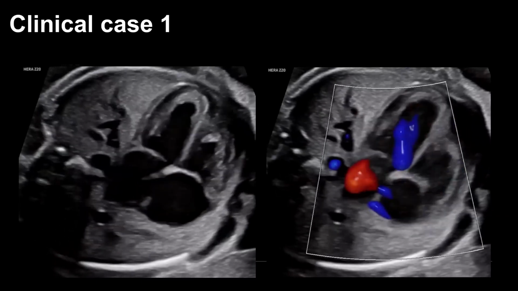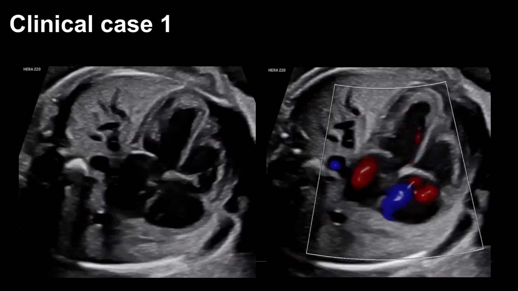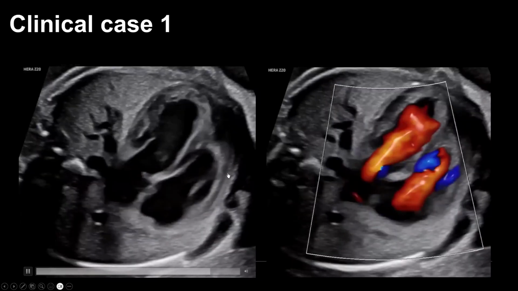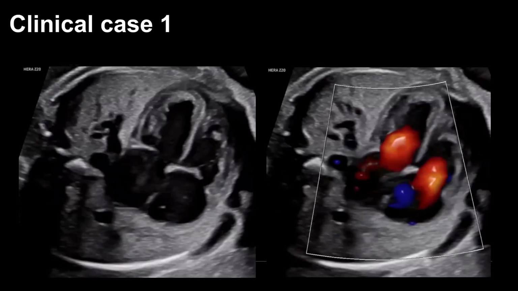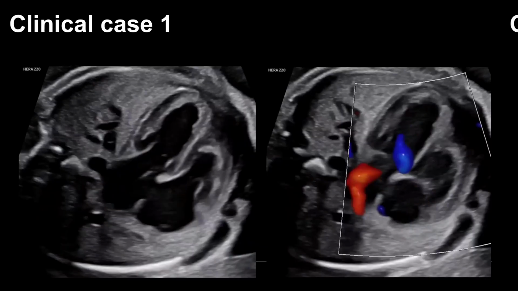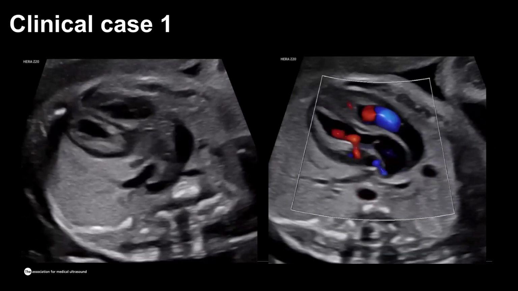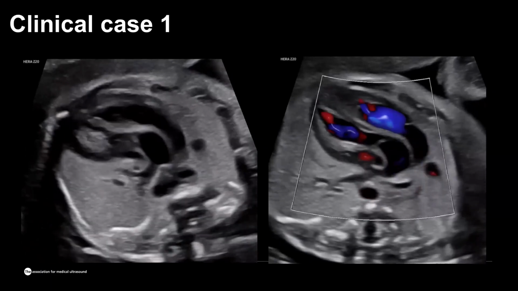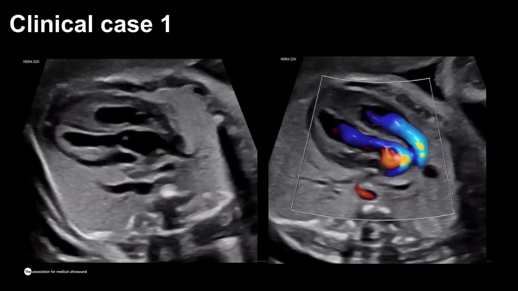So this patient was referred for the growth ultrasound, and here you can see pretty normal four-chamber view. You may argue that maybe the cardiac axis is deviated a little bit to the left and the heart looks a little bit bigger than you want it to be, but the baby showed some evidence of the growth restriction. So here you can see the outflow tracts. This is a mandatory view that need to be obtained every single time that we look at the heart at any gestation. And here clearly we have the diagnosis in 2D and the 3D.